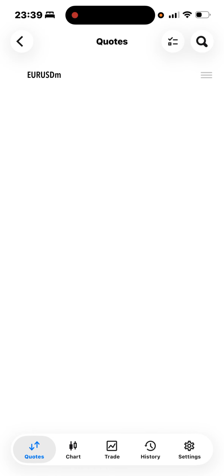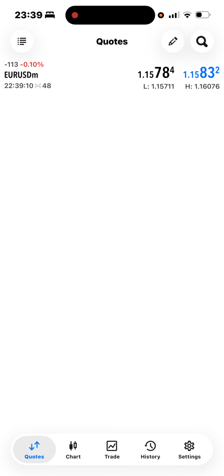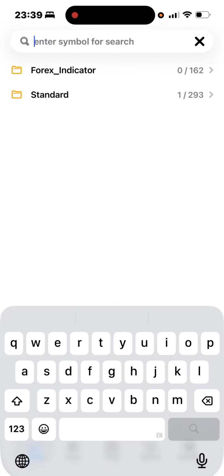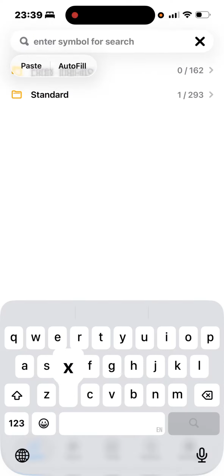These are the pairs I trade. I trade Euro USD, I trade BTC USD, I trade GBP USD, and I trade XAU USD. So that's why I advise you add to them. So you search for it, you click the search button here. So you search XAU